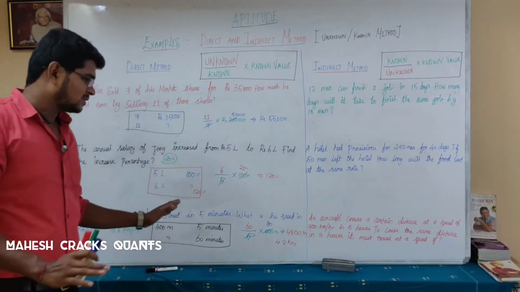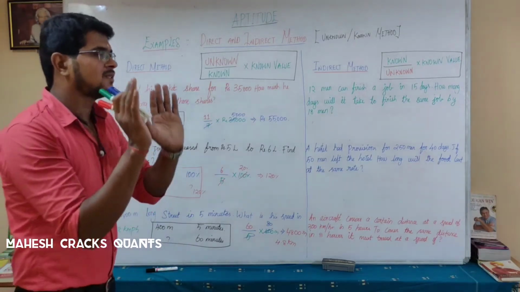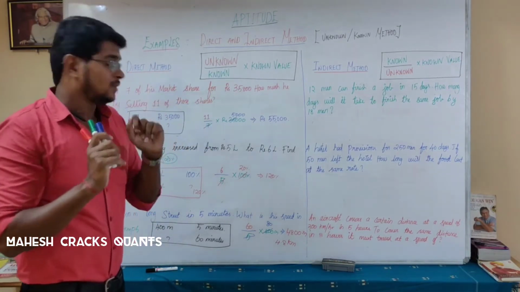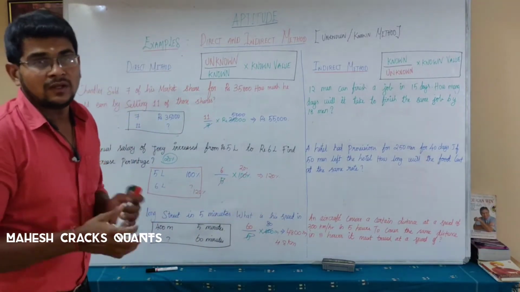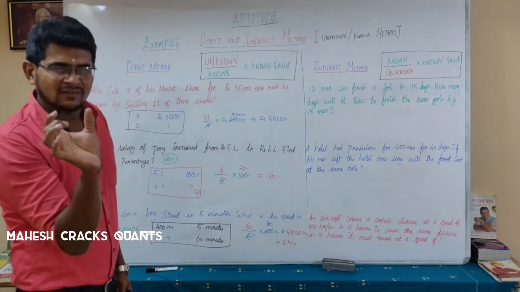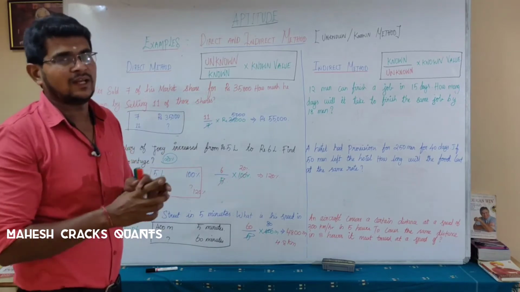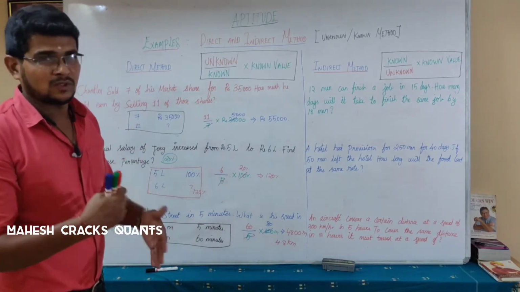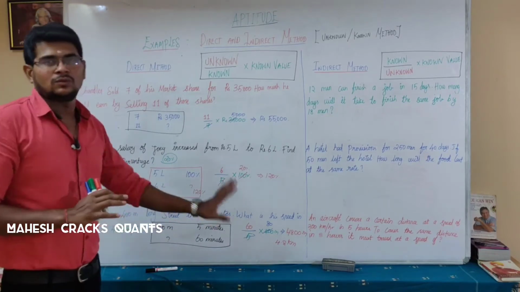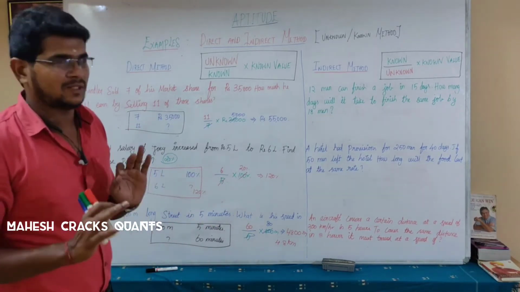Once again, I will tell you, 60 minutes is hidden inside the question. Ross crosses a 400-meter long street in 5 minutes. In 5 minutes, he could cover 400 meters. The hidden question is, what is his speed in kilometers per hour? Kilometer per hour: in 1 hour, how many kilometers could he cover? 1 hour is nothing but 60 minutes. 60 minutes is the unknown. So unknown by known into equivalent value, you will get the answer, 4.8 kilometers per hour.